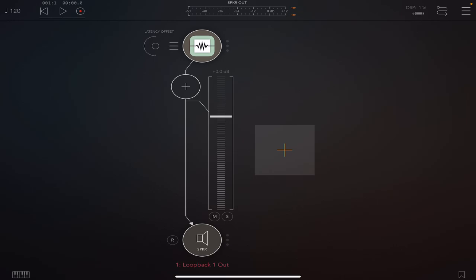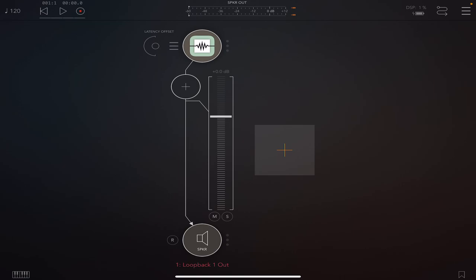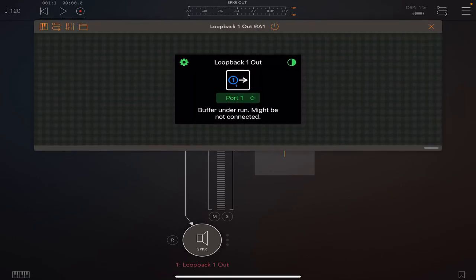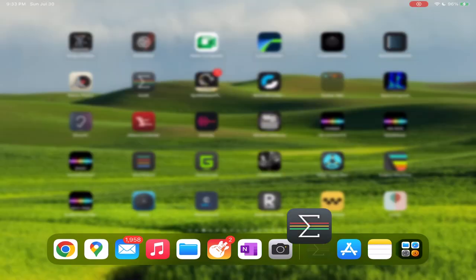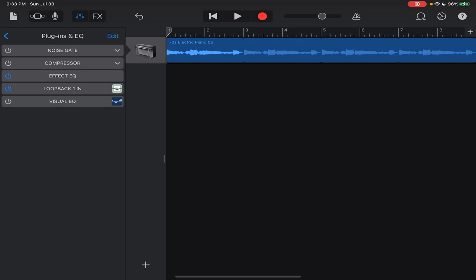So GarageBand, loop back in, transfers over the ether inside the iPad, comes out here into AUM. I hope I didn't say GarageBand. Hopefully not. Anyway, if I did, forgive me. So now we've got this set up. So now, theoretically, if we hit play in here, let me turn off the